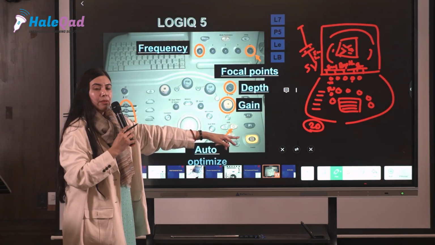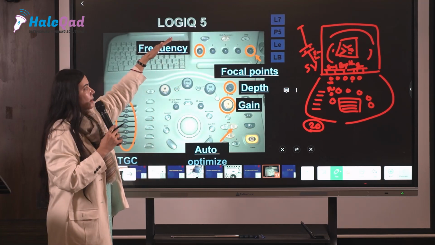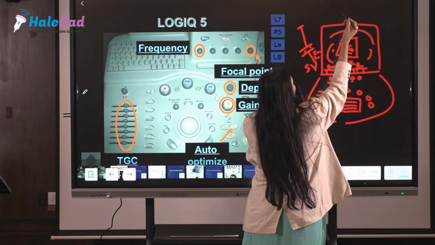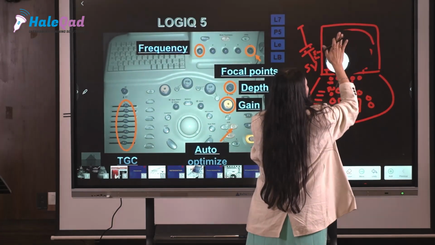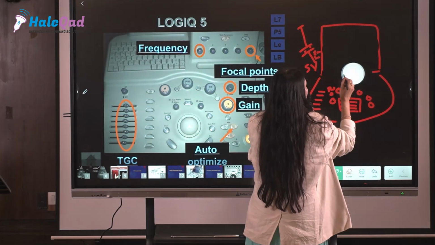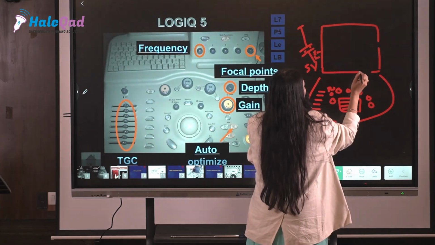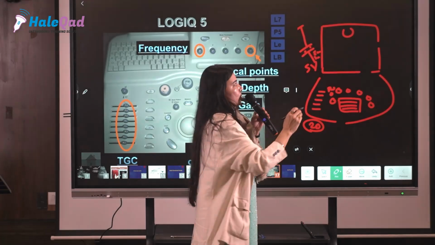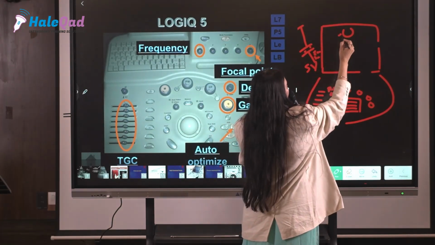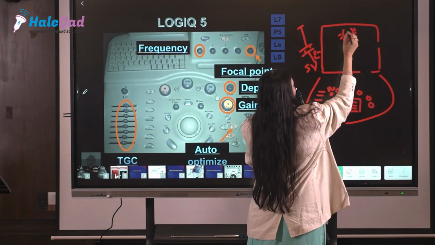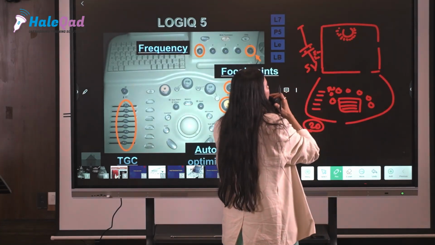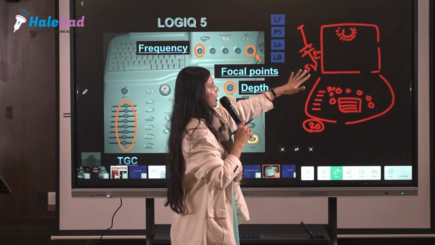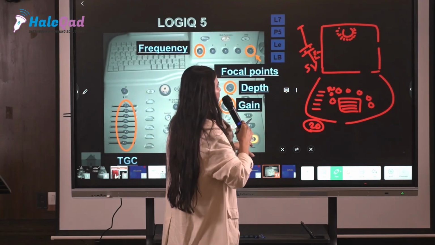again you unfreeze your machine, and whatever probe you have chosen is reflected on your monitor. Suppose I have chosen a vaginal probe now. So how does it reflect? Like this, because this is my vaginal probe. This mark is going to appear on screen, and some dotted areas like this, because these are the sound waves that are coming. Then you unfreeze it again, scan the area that you are interested in, and after scanning, freeze that area.